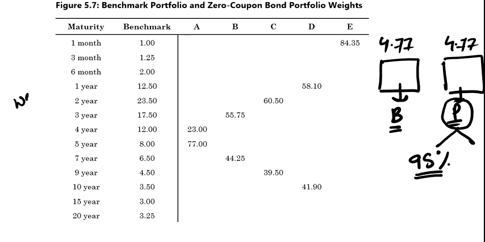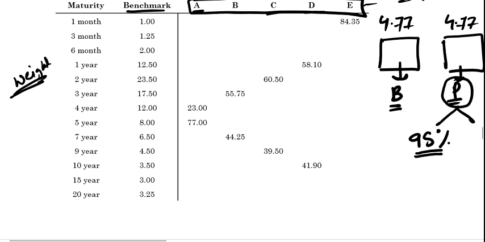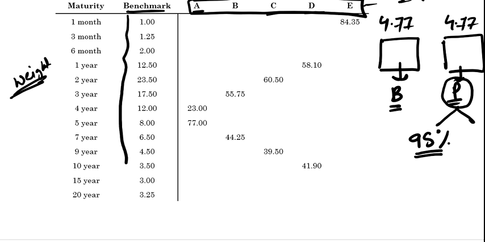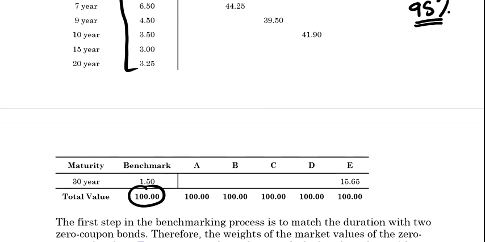Now understand this first table. This first table is giving us the weights, means the benchmark weights, and I am taking 5 different portfolios A, B, C, D and E. But in my portfolio I will be having only 2 bonds. Okay, but in the benchmark there will be many bonds of different maturity. Means these are the weights of each maturity, and you can see that the highest weight is given to the 2-year bond maturity. So the sum of the weights is 100, or we can say that this is the amount invested out of $100 million.